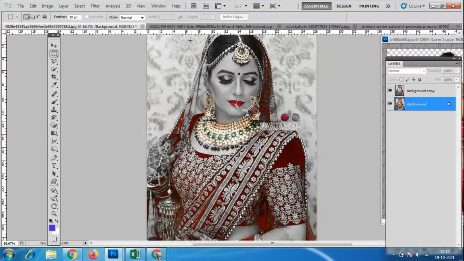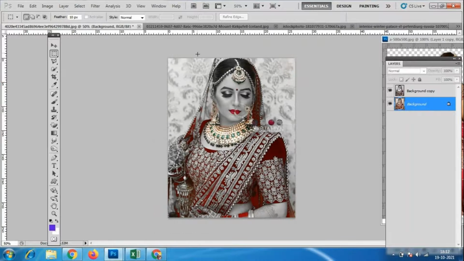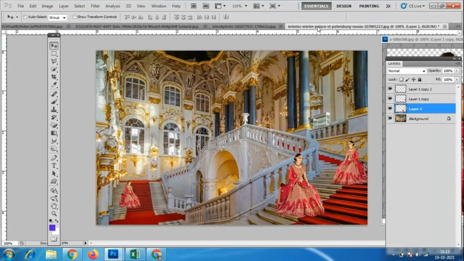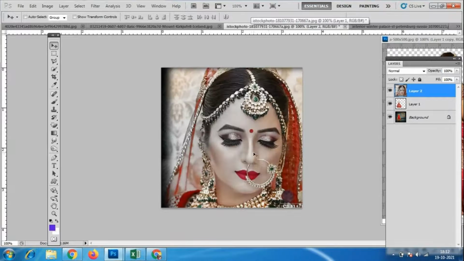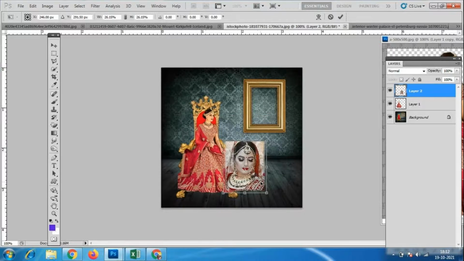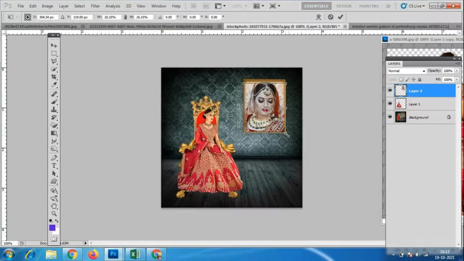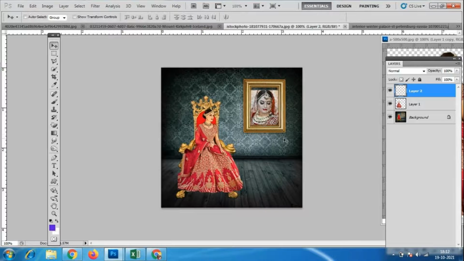So what I'll do, I will take the copy like this and I'll go to here, Control C. However much I have selected, I'm going to here and Control V. See, look at here, Control T. So now I want to place this image here inside this frame. I don't want to keep it empty. So I'm placing it here inside this frame.